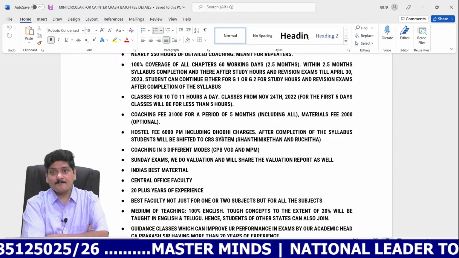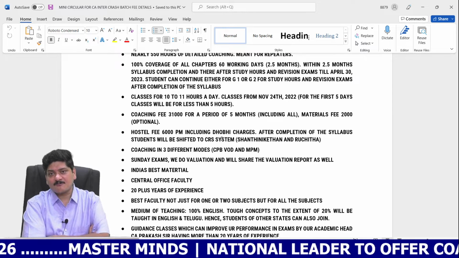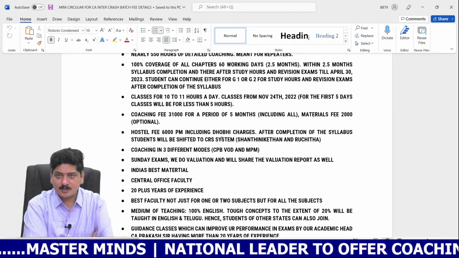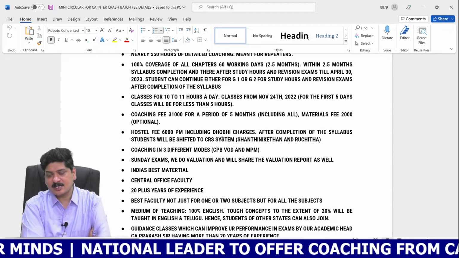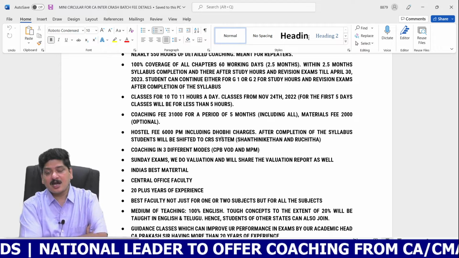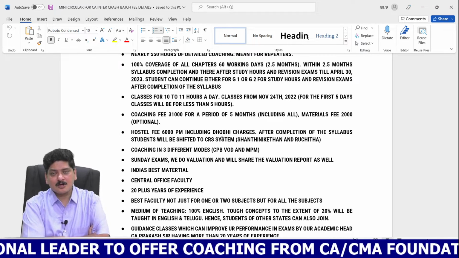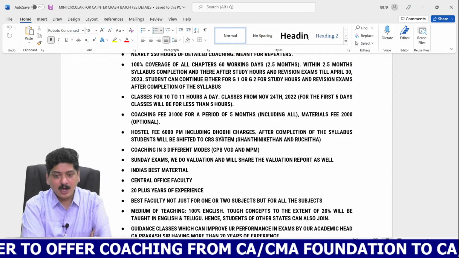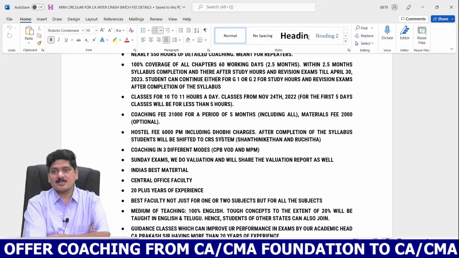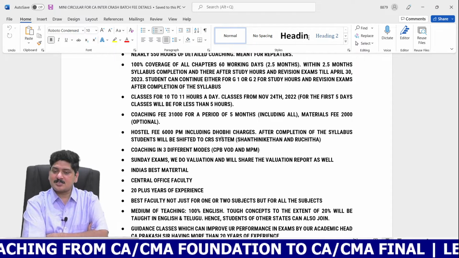And there are going to be restrictions with respect to the usage of cell phones as well. You will be permitted to use the cell phone only for 2 hours a day, or at most 3 hours a day, subject to certain rules and regulations. We are going to give a room called the cell phone usage room, and you are allowed to use the cell phone only in that designated room, and only for designated purposes like watching online classes or attending office emails.